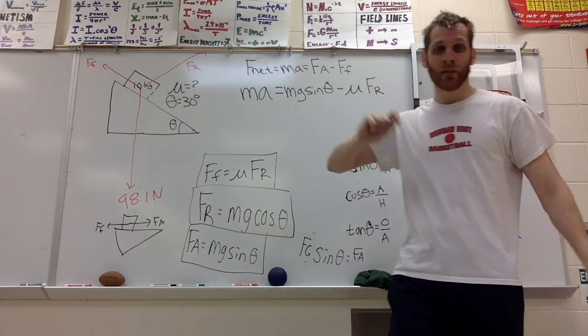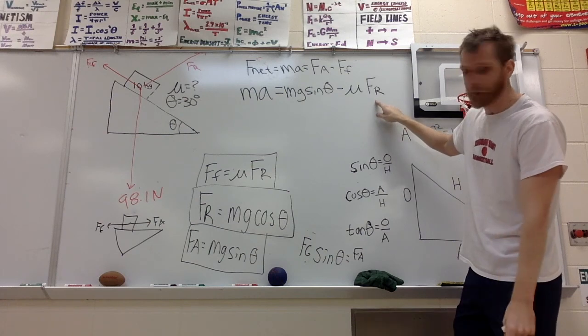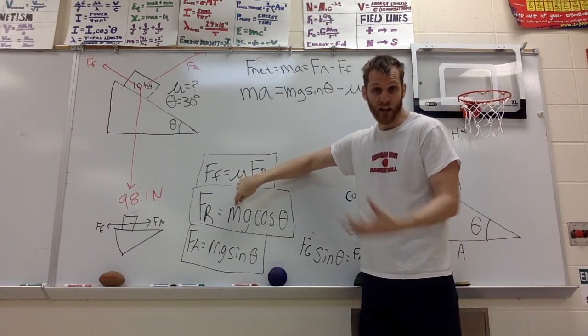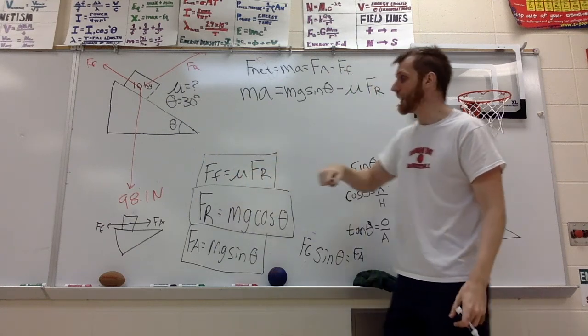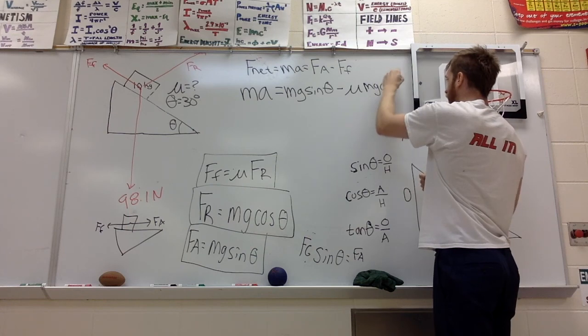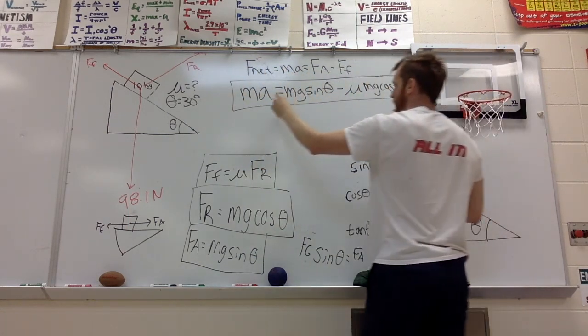But I can go even more specific here, because I know what the reaction force is always going to equal. So instead of writing reaction force, I'm going to write what reaction force is actually equal to, mg cosine of the angle. And there you have it. This equation right here is for objects